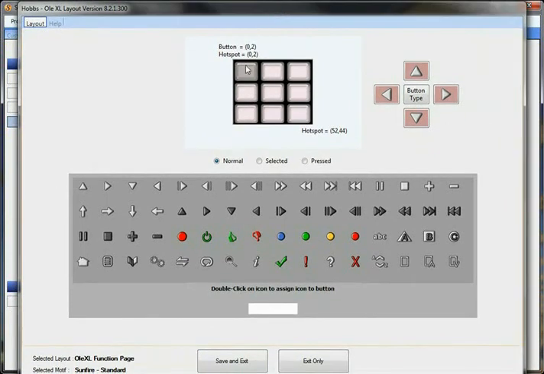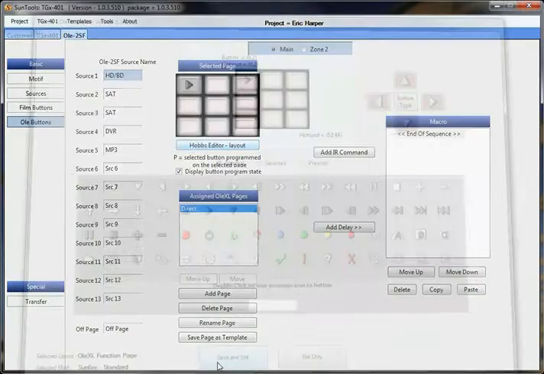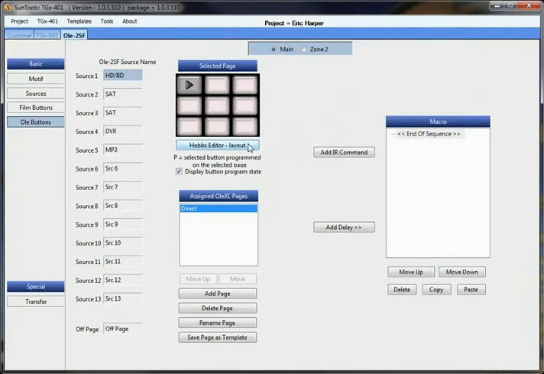So within Hobbs editor, I can define what this icon will look like on this particular button. So let's say I want this to be a play icon. Then I would just choose this right-hand triangle here. So now we have a button that has the play icon, and now I want to assign an actual action to that button. So I would do add IR command,